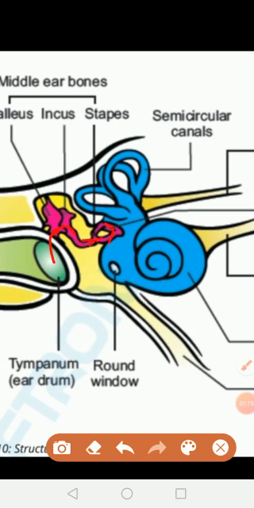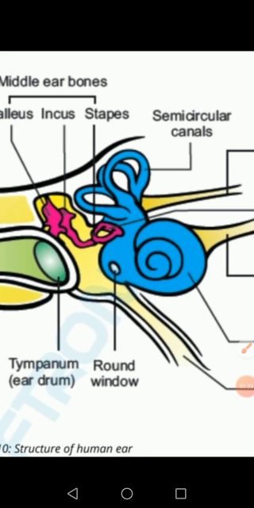So the vibration moves through the middle ear, and when it strikes the oval window it reaches the fluid present in the